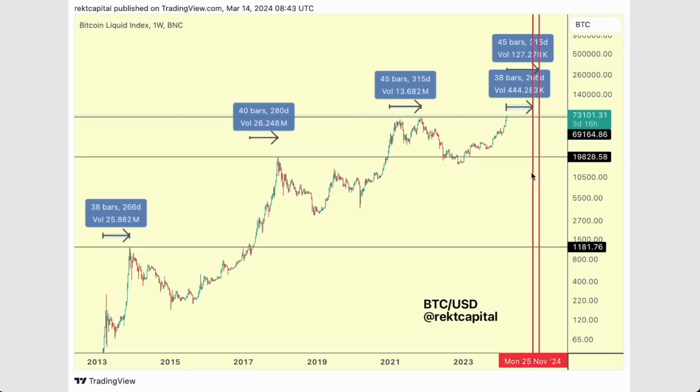But the thing about this is that we need to understand that once we see Bitcoin break beyond old all-time highs, there is a period of time that Bitcoin spends beyond these old all-time highs before it finally peaks. In 2013, 266 days. In 2017, 280 days, 315 days in the 2021 cycle. So that essentially gives us a November, December bull market peak if history repeats. Notice there is lengthening across these time periods, so maybe we even push the can down the road into December